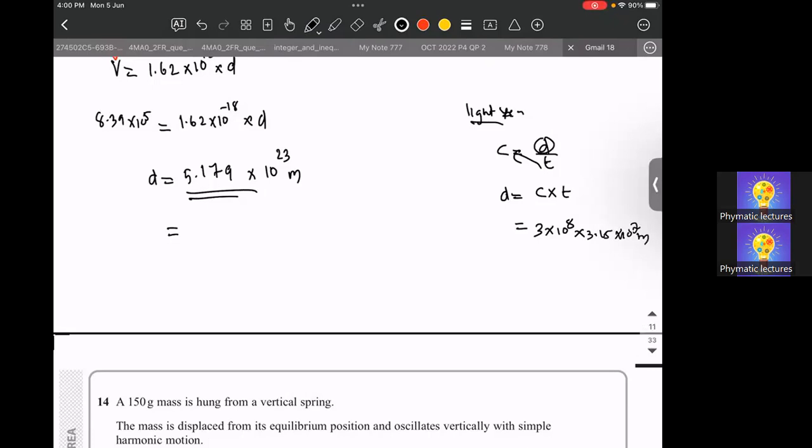To convert to light years, whatever value you obtain, you divide by 3 × 10^8 times 3.15 × 10^7. So 5.179 × 10^23 divided by 3 × 10^8 divided by 3.15 × 10^7, so we will get the value